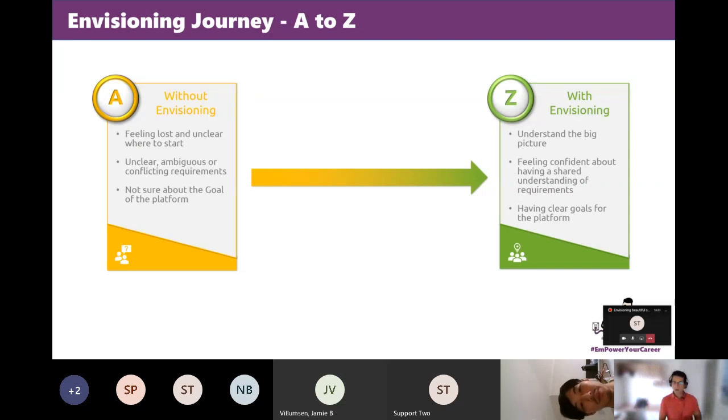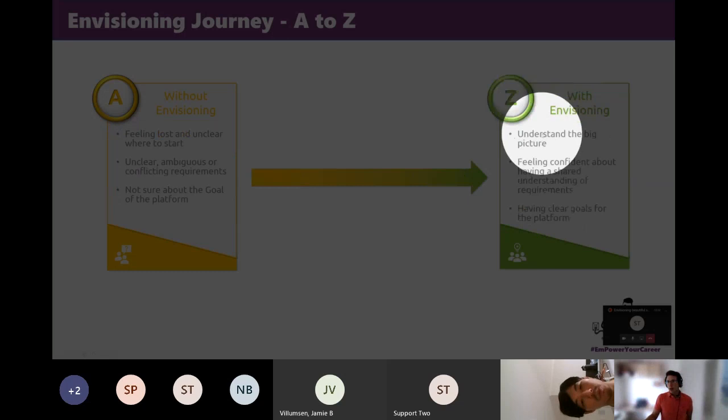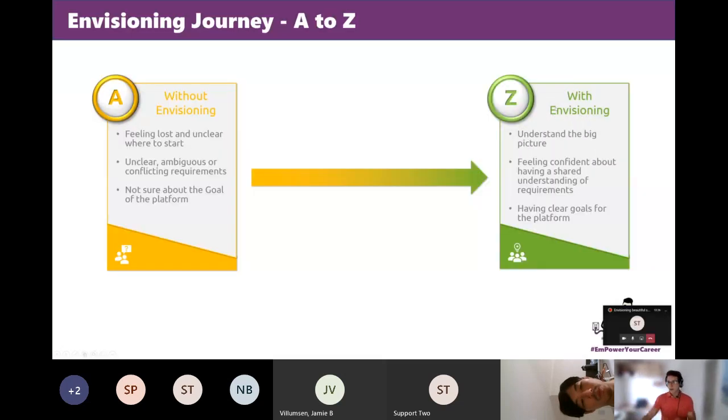Two requirements are conflicting with each other when you review the list. And again, maybe there is no clear goal for the platform that you're going to implement. And this is how you feel when you run your first envisioning exercise, or this is how you feel as well when